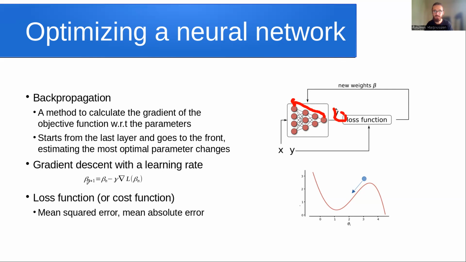Basically, you choose the new weights, beta n+1, to be equal to the old weights minus some kind of step along the gradient. So what you're doing is you're basically just walking down the hill in the cost landscape, that is the loss function. So you're finding where the discrepancy between y hat and y is the smallest. And that actually works surprisingly well when it comes to neural networks.